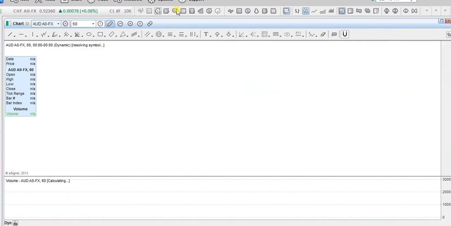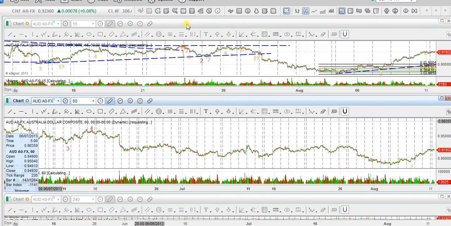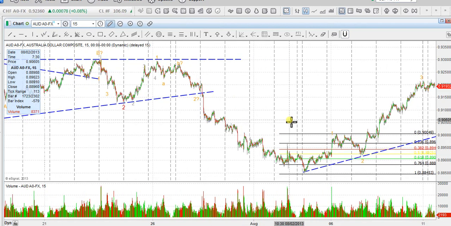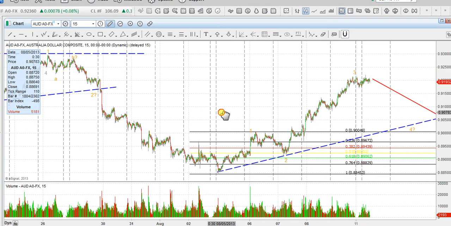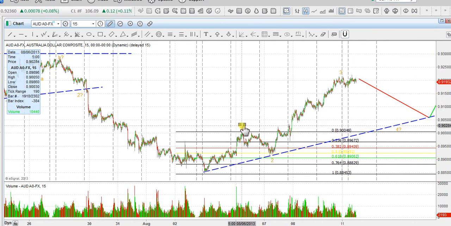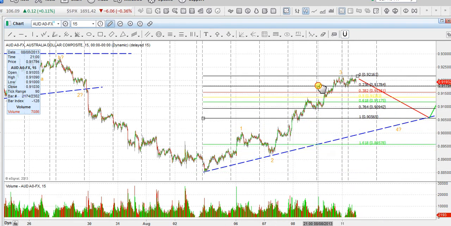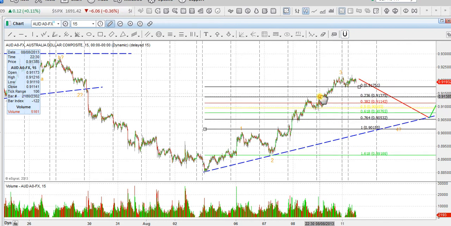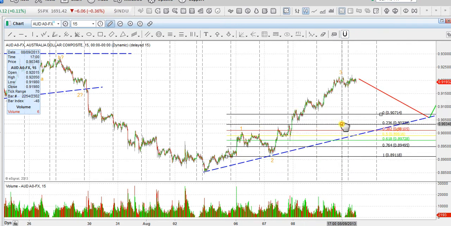Now with that said, jump over to the Aussie dollar, currently on the 15-minute charts. We have been anticipating a reversal for some time now, but it appears as if we are undergoing it right now. So we had this current move going up. We have it pegged as waves 1 through 3. So we had wave 1, which was followed by a 61.8% correction and a bounce off this trend line. And then wave 3 actually moved slightly past the 161% extension.